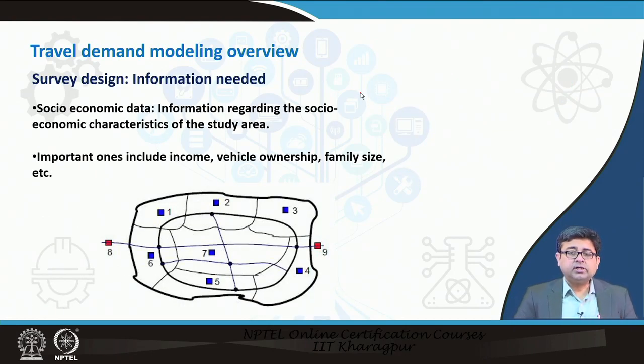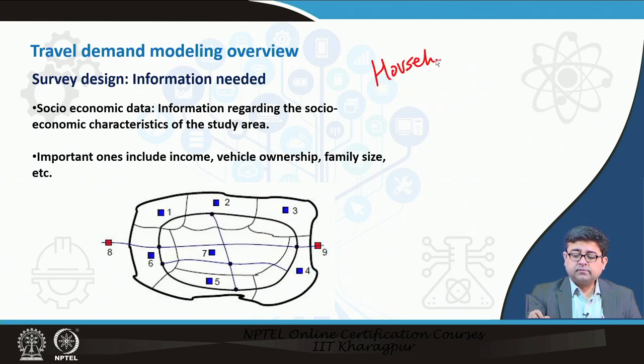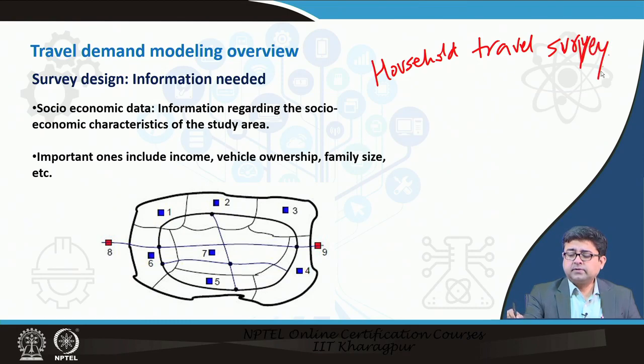Several types of surveys need to be conducted in order to get all this information. You have to conduct household surveys, right. So, household travel surveys are very similar to your census surveys that are done, where a surveyor would come to your household and ask you a certain number of questions about typical trips that you take during a weekday or a weekend. So these obviously are anonymized.